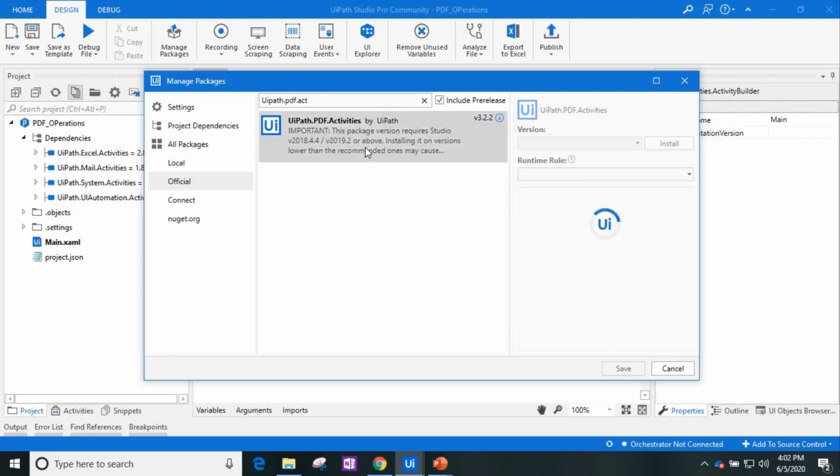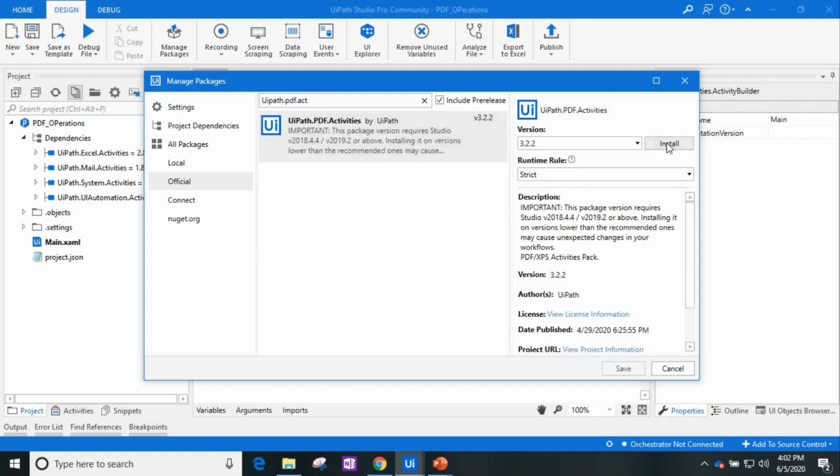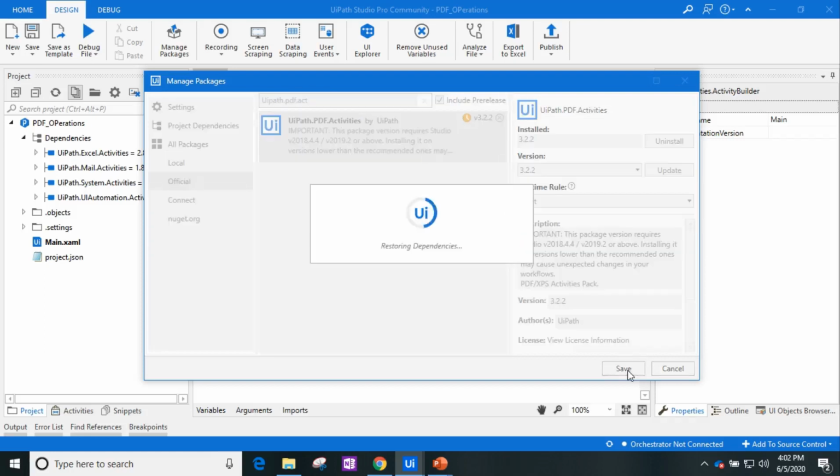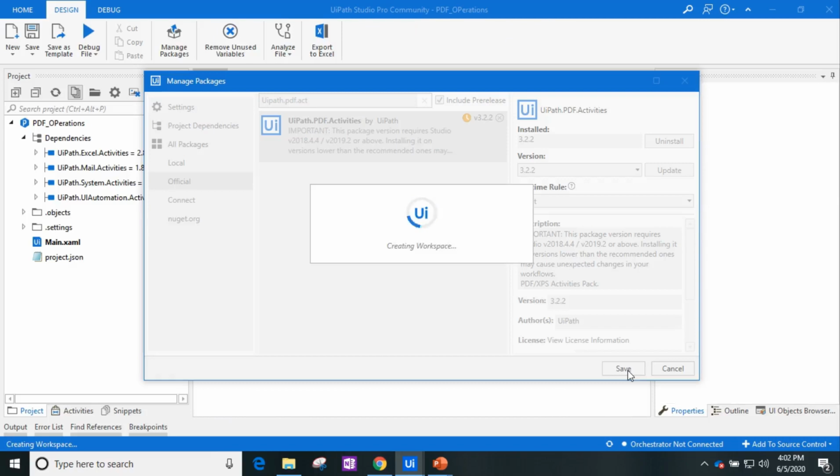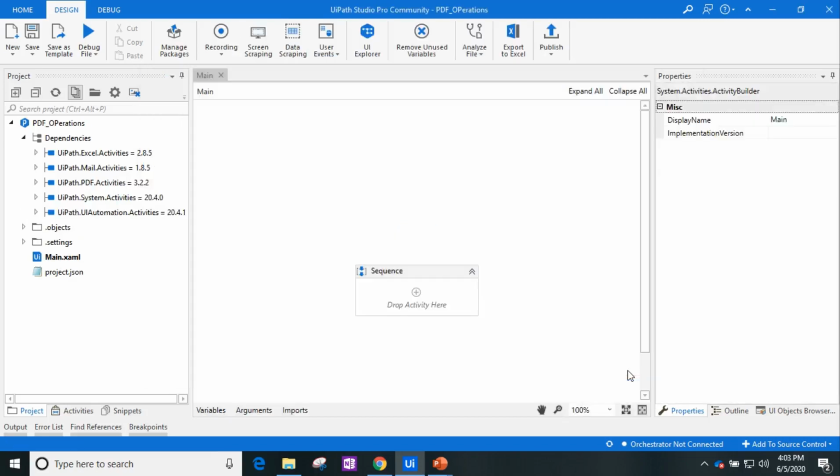Select the activity and click on the install and save. Wait for it to add the dependency. Now if we check the dependencies, we can see the PDF activities has been added to our project.